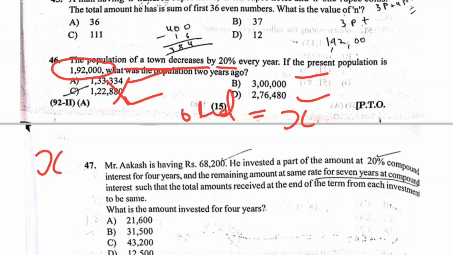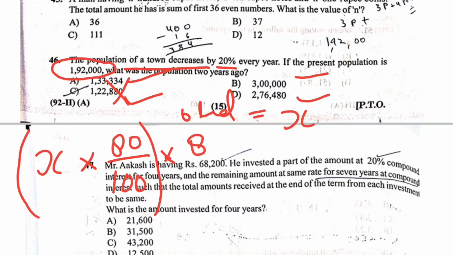So X times, in the first year it has decreased by 20%, so we are left with 80 divided by 100, times, in the second year, 80 divided by 100 again, and it should be equal to the present population,